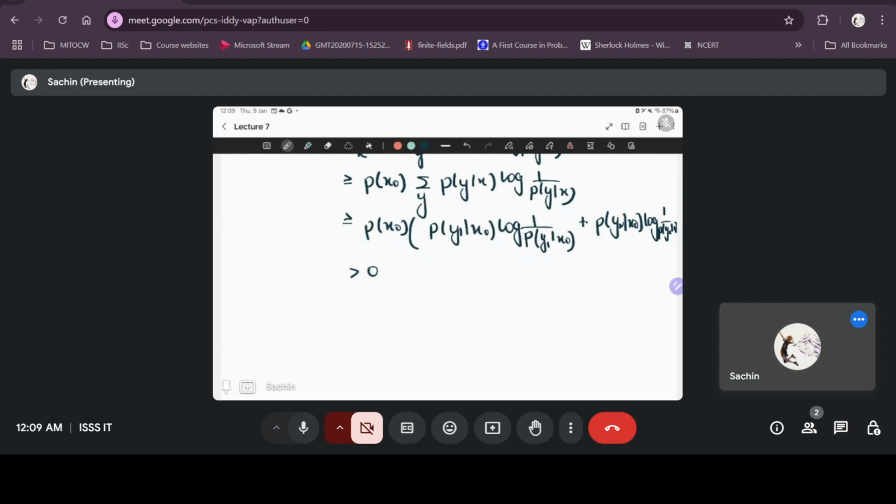So the sum of products of those terms will also be greater than 0,